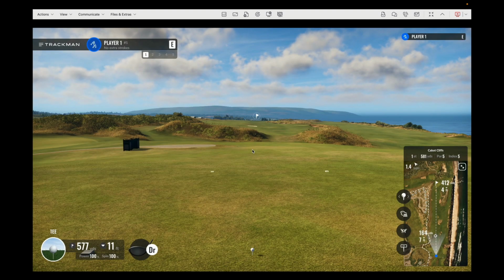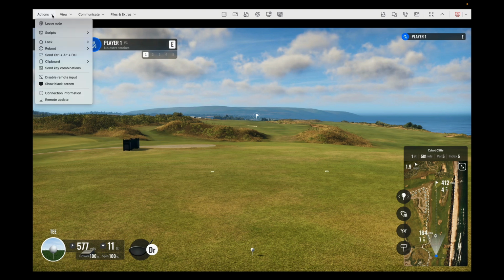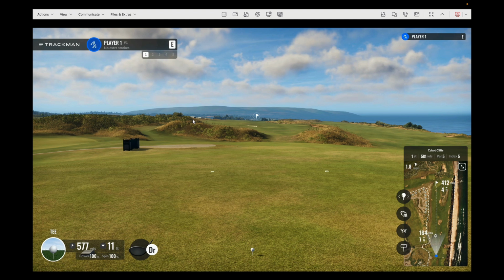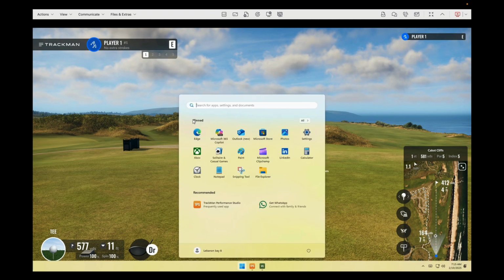The games do freeze up from time to time, and the way we're going to take care of that is we're going to close down the virtual golf software. There's a couple ways we can do this. The easiest way is to go to Actions and send a key command, and then on our keyboard we're going to hit the Windows button, and that's going to bring up this. You can also have the customer swipe up on the touch screen, and it'll bring up this Windows menu also. So what we're seeing here,